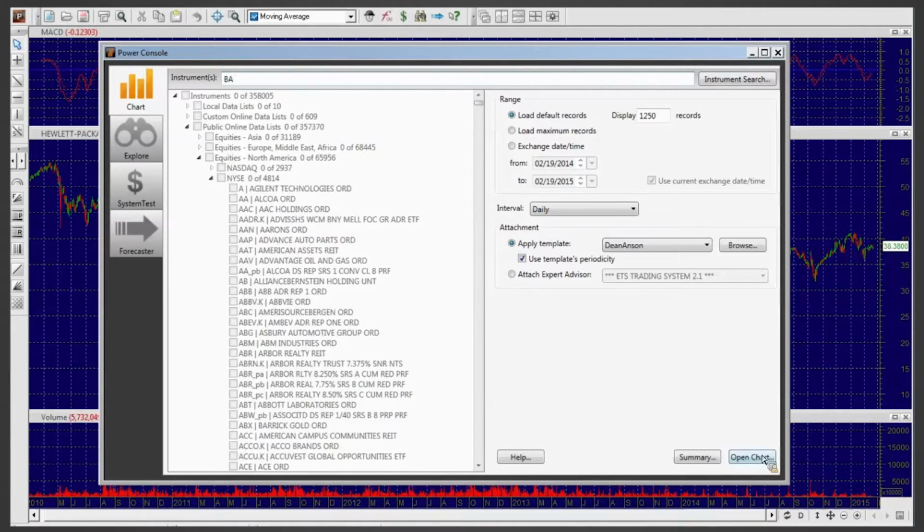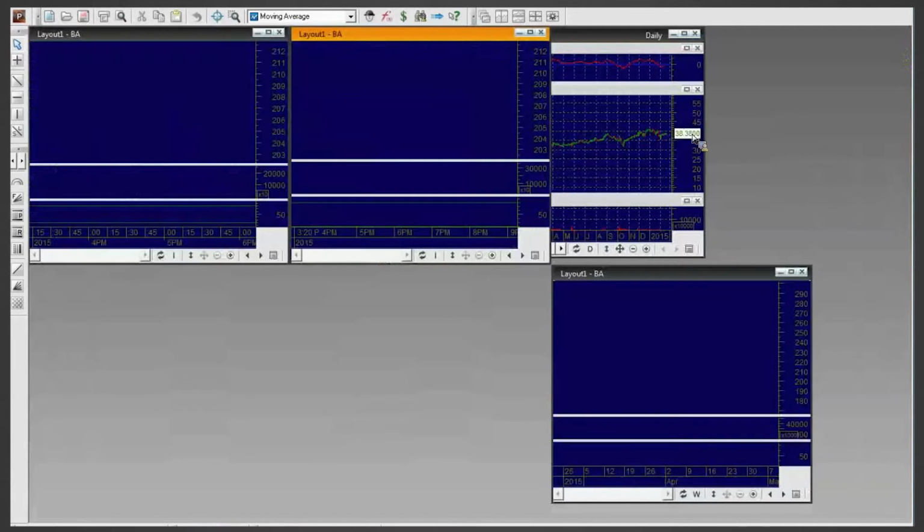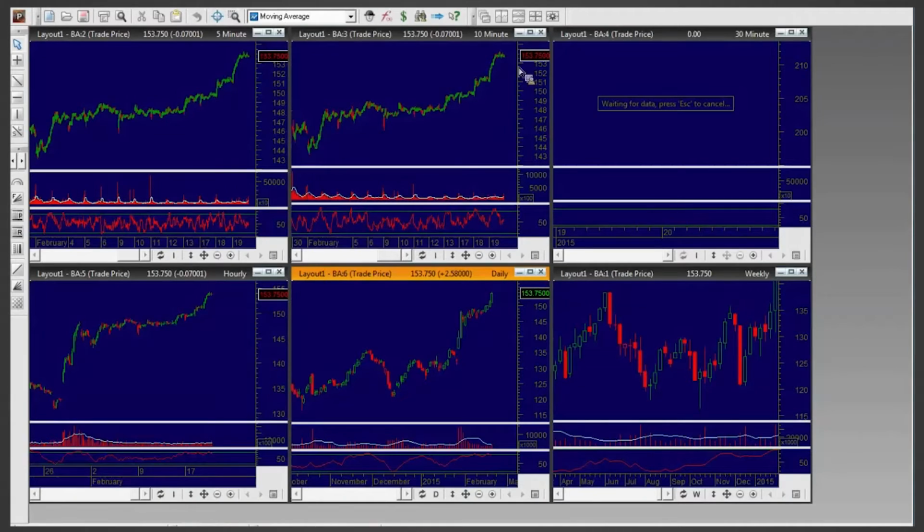Traditionally that's the way it was in the past, and now that's no longer the case. So now you'll notice I'm opening that up,